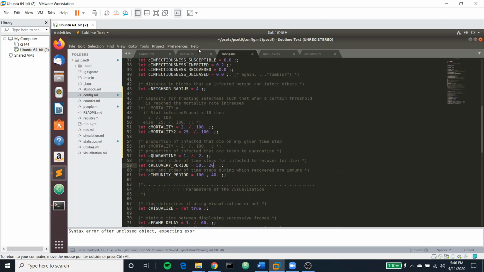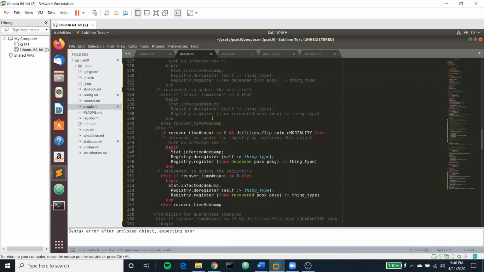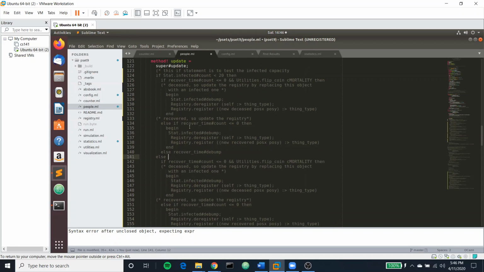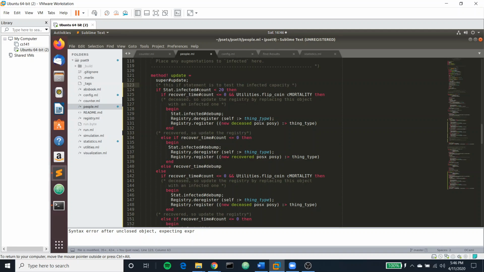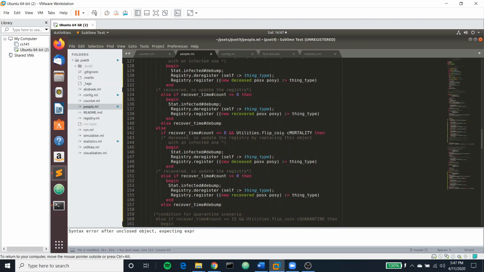Next, we're going to take a look at the importance of flattening the curve. So I'm going to have to uncomment some things. Okay, okay, so